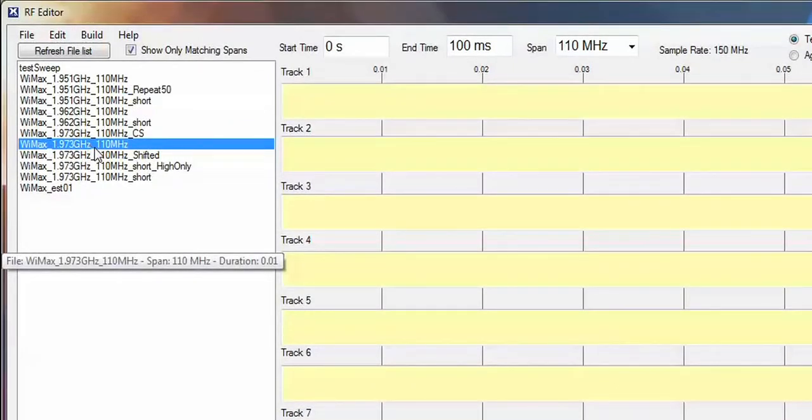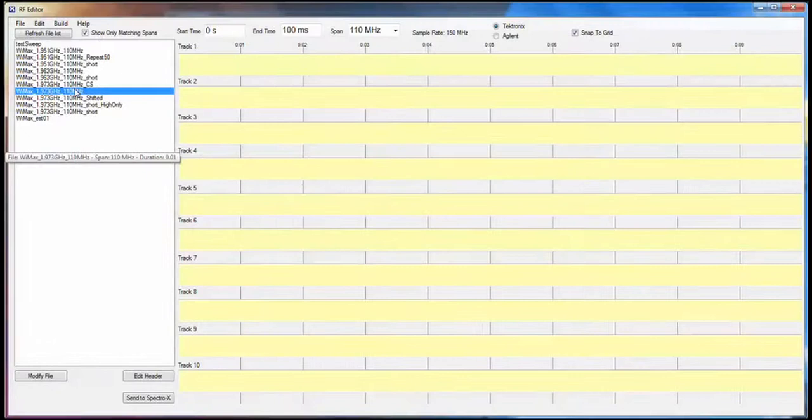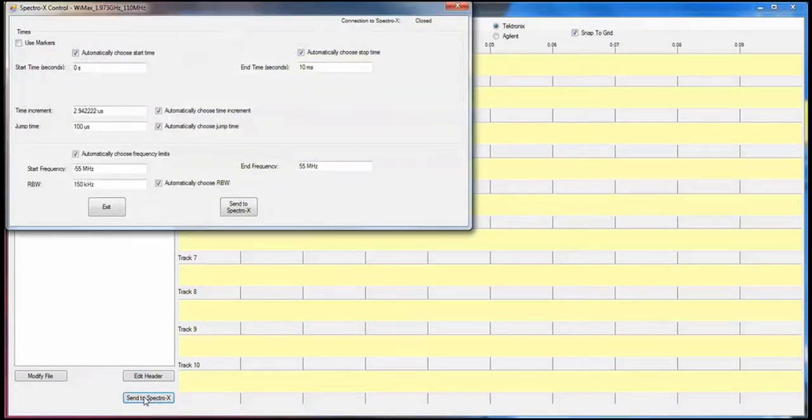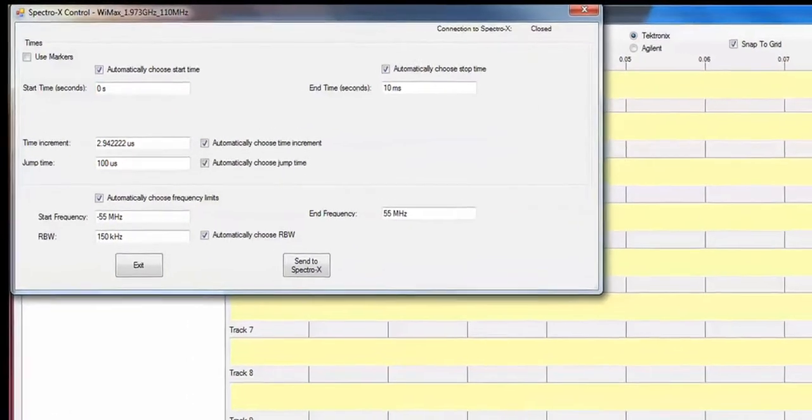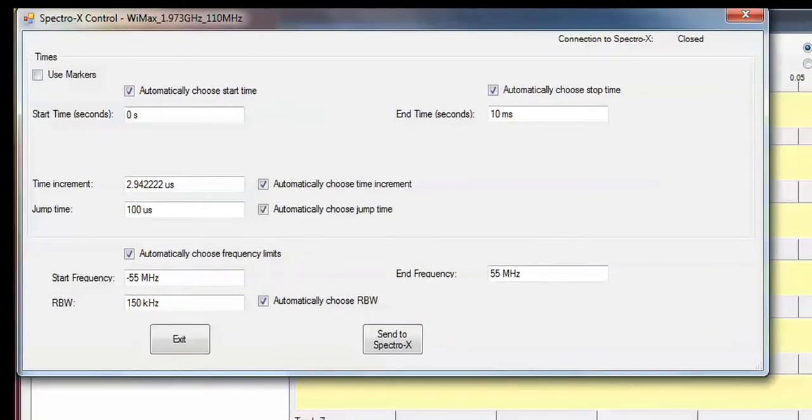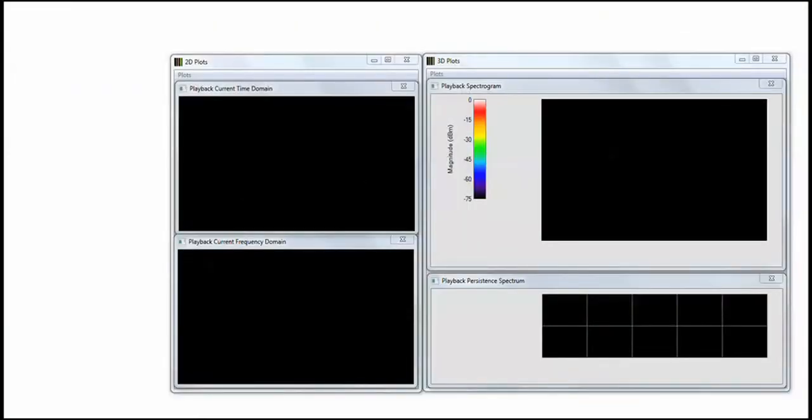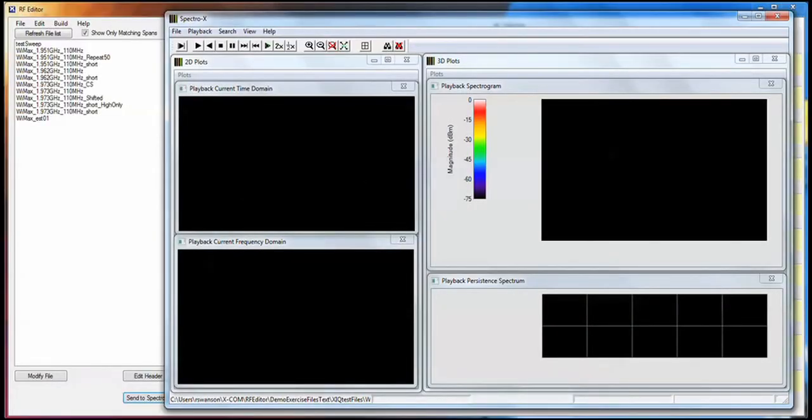It looks like it was recorded at a center frequency of 1.973 gigahertz and a span of 110 megahertz. I'm going to send it to SpectraX, and I can do that very simply by a single mouse click. The window comes up that says what portion, if not all, of the file I want to send. Do I want to modify any of the particular parameters associated with that file prior to sending it to SpectraX? And then by doing that, SpectraX is automatically linked in, the file is loaded in,